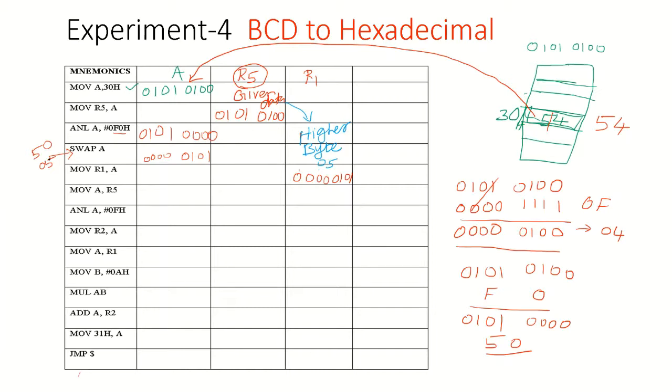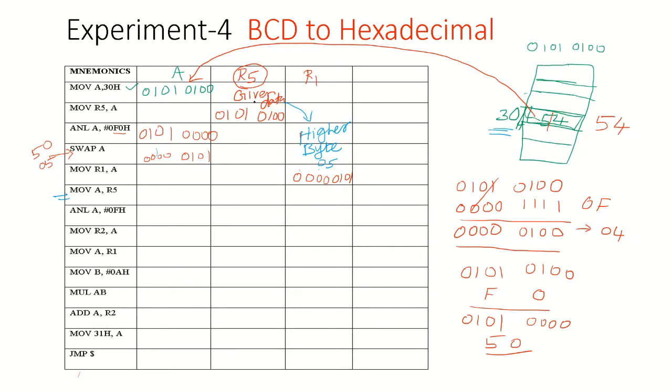Now what you are doing in the next line of this instruction, you are taking the given number from R5. R5 has the number which you want to convert. This is the input number which you are loading in this location, 54. R5 is used for temporary purposes. We are storing the given number here. Why store it here? If you store it in the accumulator, whenever you do any other process, the accumulator data will be discarded, means it will be overwritten. That is why we are storing the given number in R5.